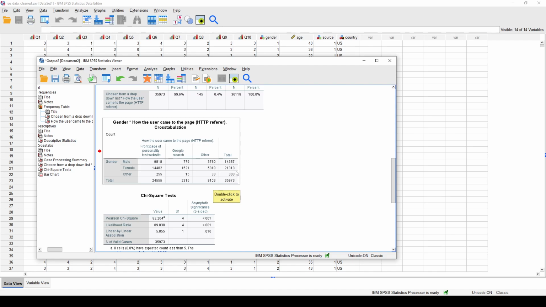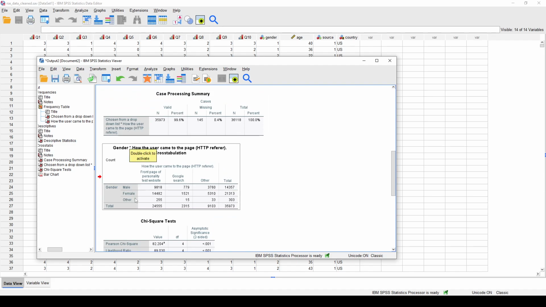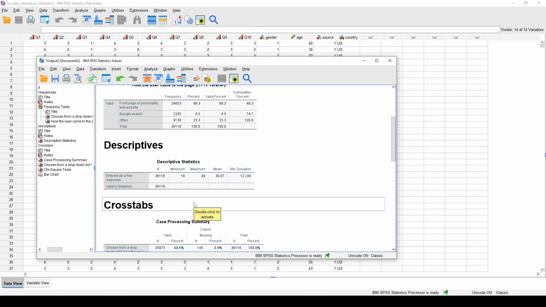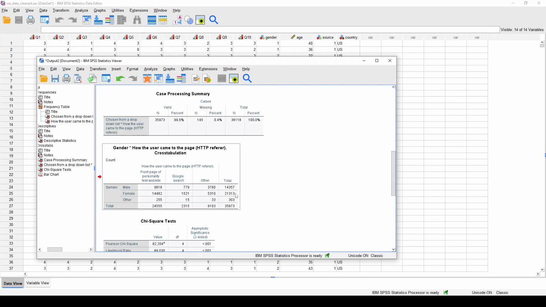I should note that these will, I don't want to say always line up, because if there's a value missing from one of these variables, that value is going to, in this particular setup of the table, be removed. So you're not going to have that information, and you may have a little bit more missing values here. This is going to include all of the values here who are present for both variables. So the presence of missing might make this total column be a little bit different than if I just ran gender by itself when I did that earlier. In this particular case, that's not going to be the case